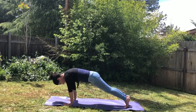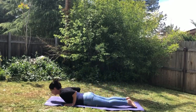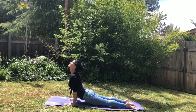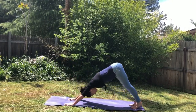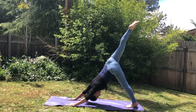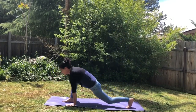Roll forward into your plank. You can knees, chest, chin, or this time chaturanga through all the way, like a push-up. You can do high cobra or up dog, which means your thighs are not on the earth. Tuck the toes, transition back into your down dog. Breathing. Inhale the right leg up to the sky. Hold it, breathe. This time you're going to step the right foot through and the left knee comes onto the